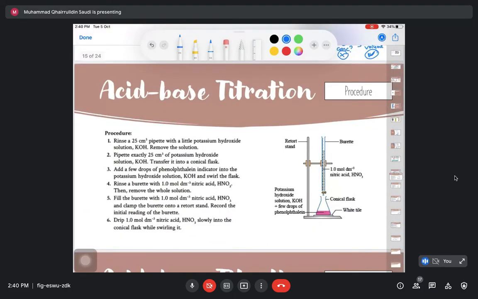So first one, we need to rinse our pipette. Pipette tu kita gunakan, okay, saya cuba lukis sikit. Kita gunakan pipette, okay, ada pump dia, to transfer, okay, from a beaker lah. So this is a 25 cm cube pipette. We use it to transfer into a conical flask. So untuk transferkan our solution into the conical flask,